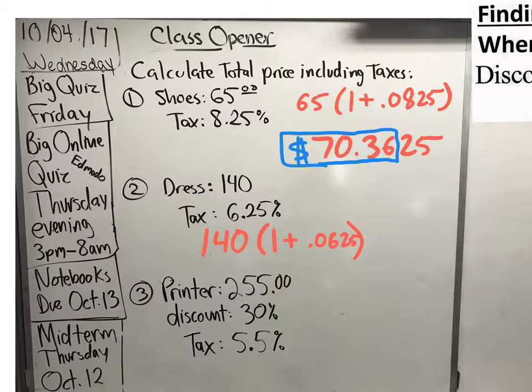It's not 0.0825 because it's not El Centro anymore. It's a different place, different taxes. So if you do this on a calculator, we're going to just type it in exactly the way it is. Make sure you use parentheses to open and to close. Exactly, even with the plus. And it will give you the answer,